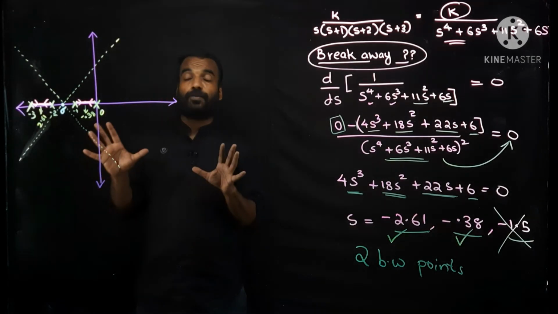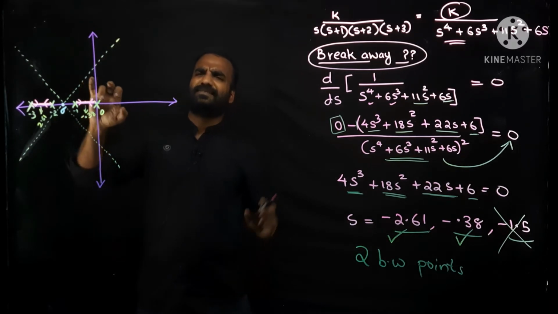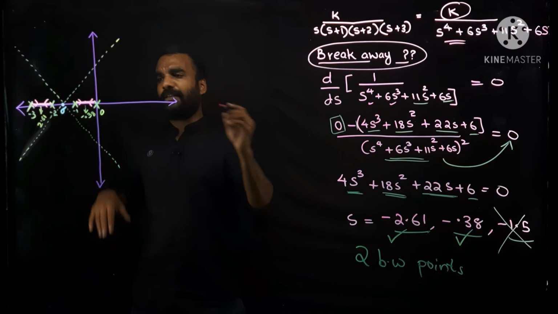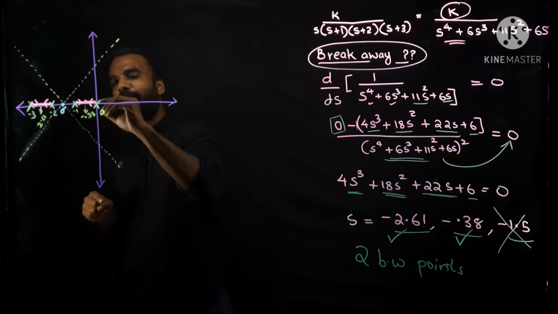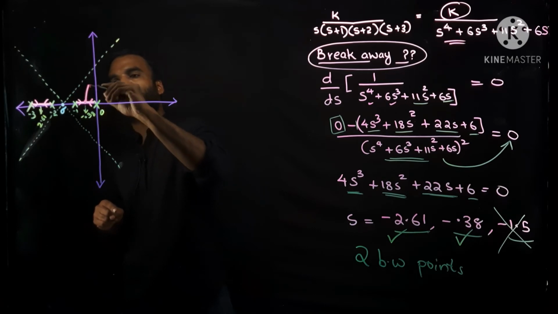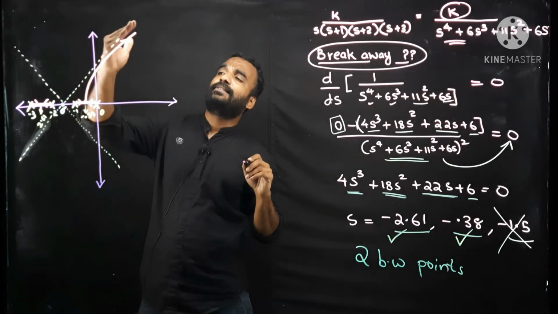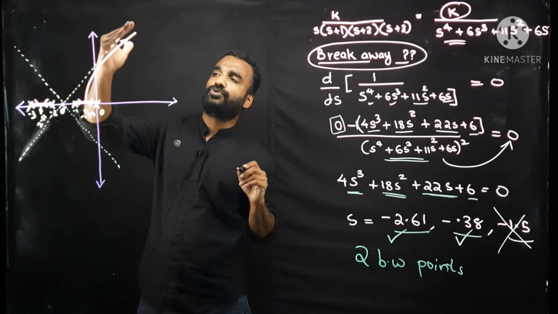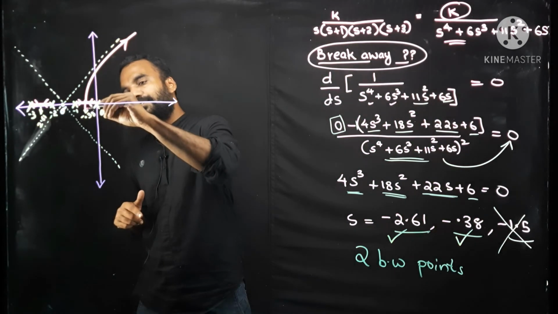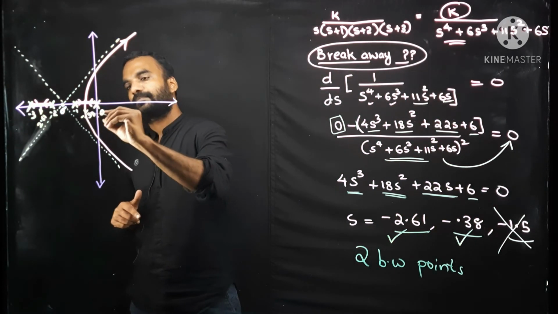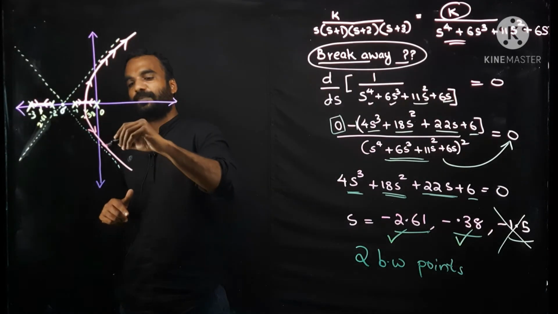Now I want to make the figure complete. The crossing point on imaginary axis I will calculate separately. For getting more clarity, let me complete. So these two poles meet at this breakaway point and breakaway happens. They will move to infinity like this, towards infinity. For drawing up to infinity, you have to always check which are the asymptote that coming close to you and follow in that direction. For this breakaway happens and this will travel like this, minus 0.38. So this is the direction of root locus branch.